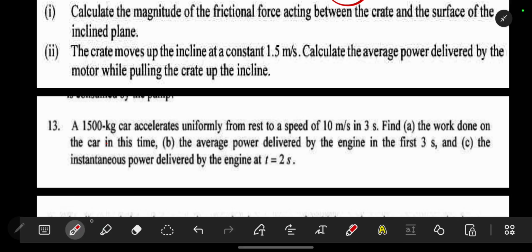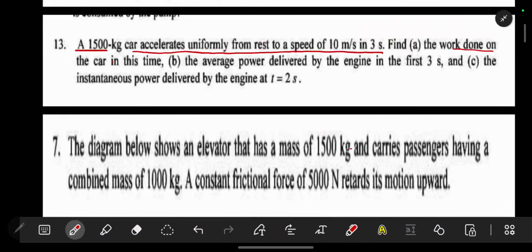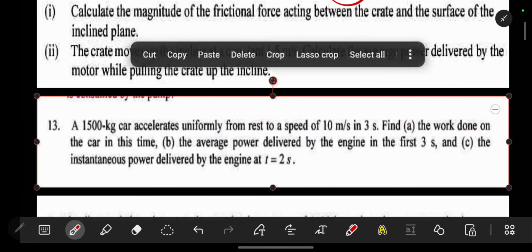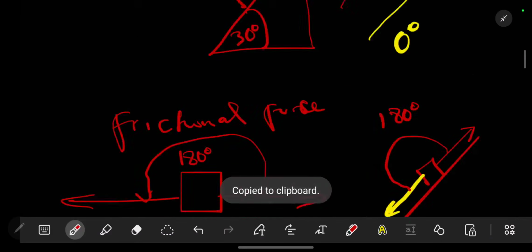The next question says a 1500 kg car accelerates uniformly from rest to a speed of 10 meters per second in 3 seconds. Find the work done on the car in this time. So we know that the work done